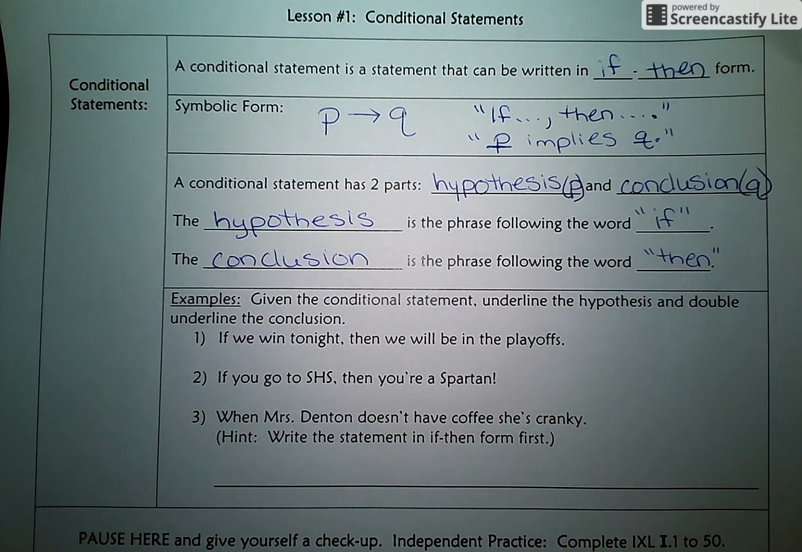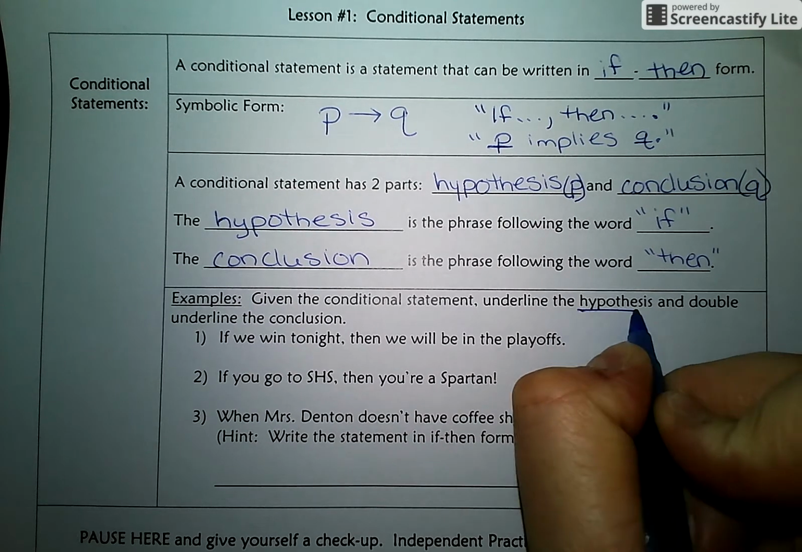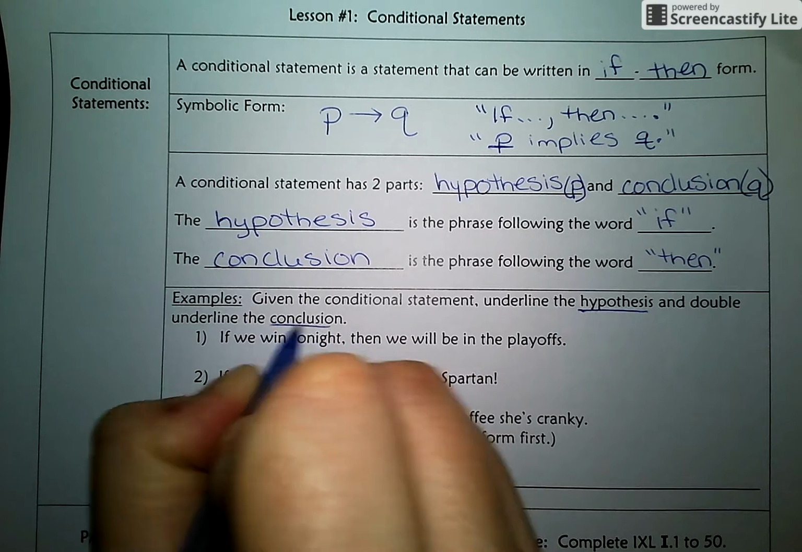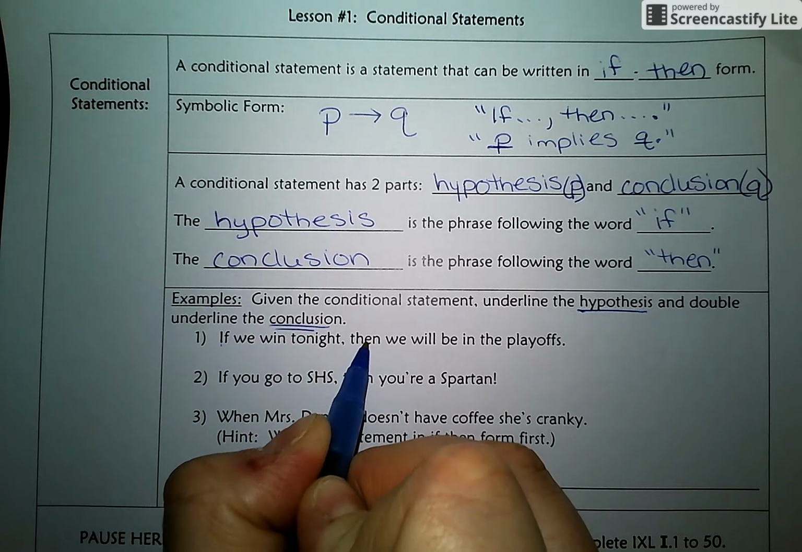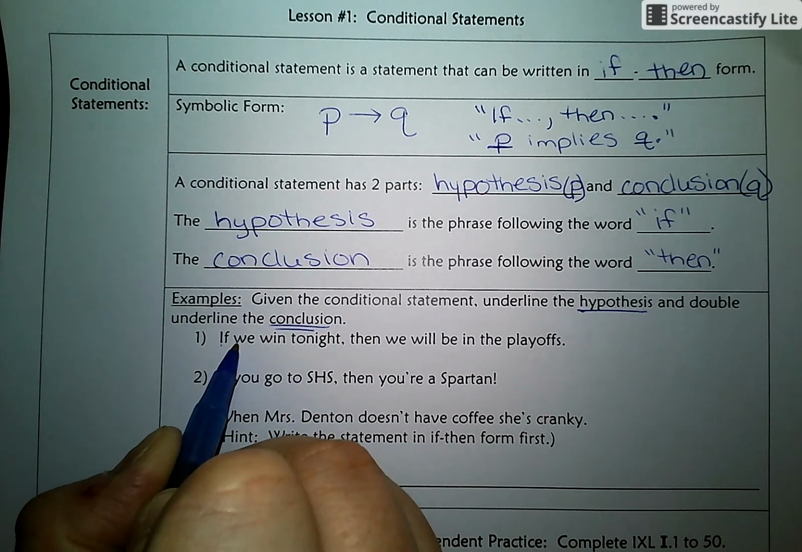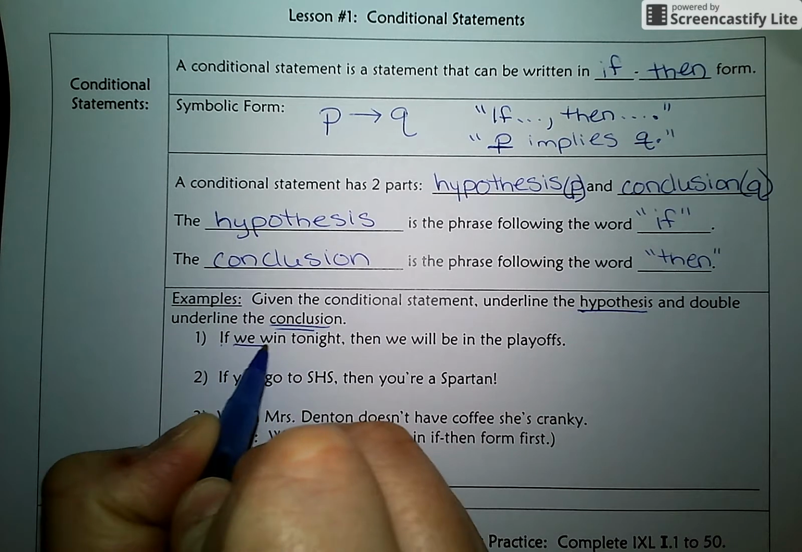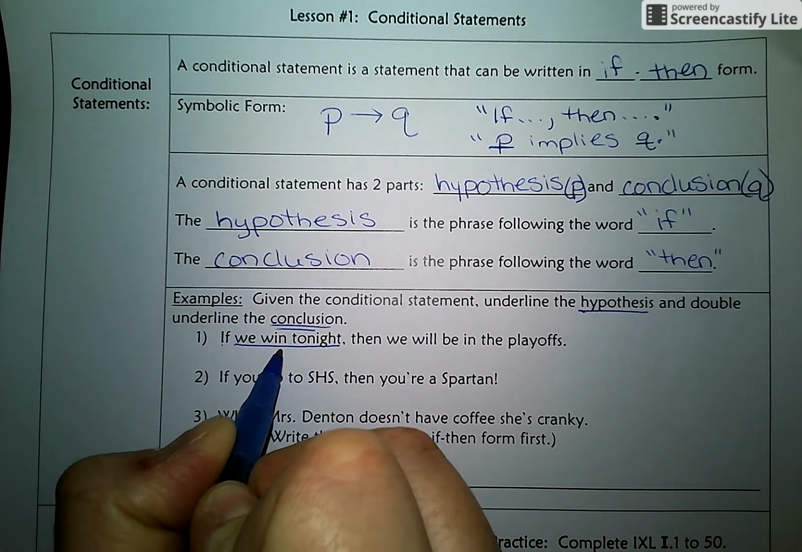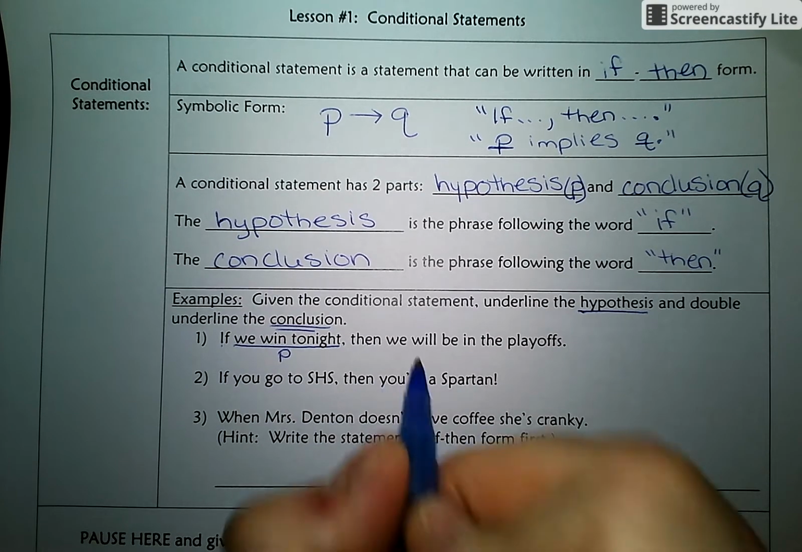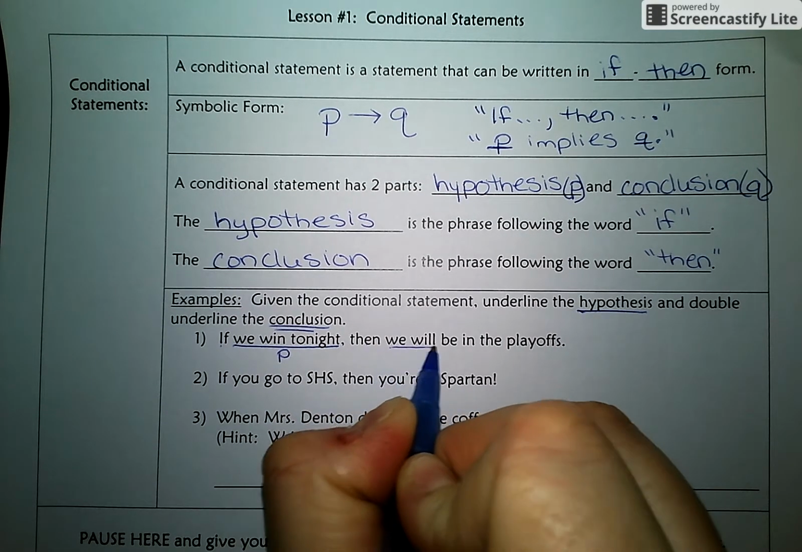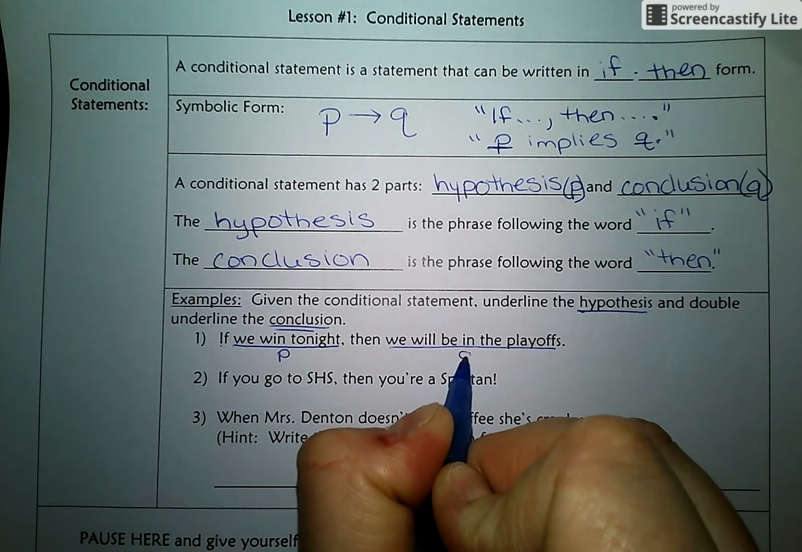Now I have a couple examples here that'll help us out. My directions say, given the conditional statement, underline the hypothesis one time and double underline the conclusion. Okay? All right, here's our if-then. The phrase after the word if represents the hypothesis. I'm going to put a P under that. P is our symbol for hypothesis. The phrase after the word then represents the conclusion. I'm going to put a Q under that